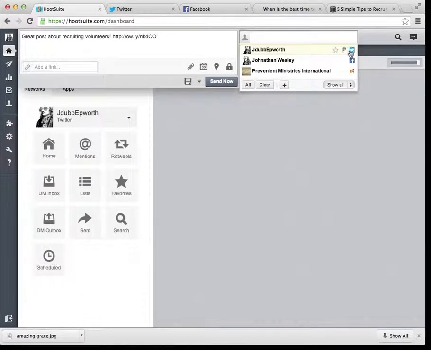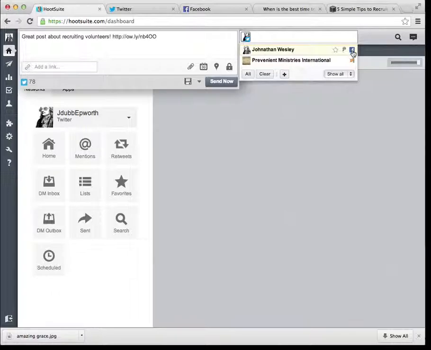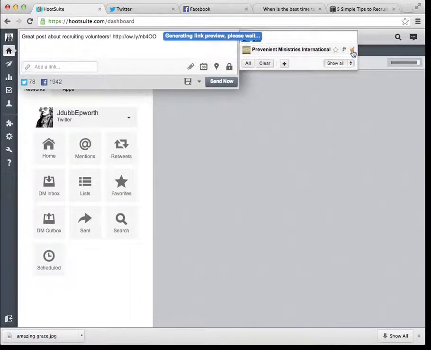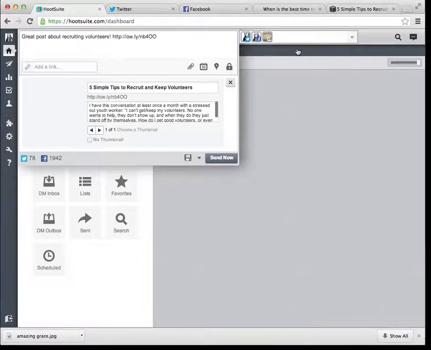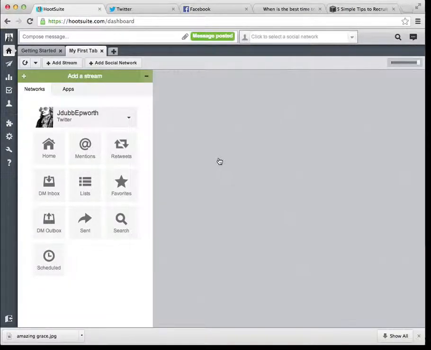Now we're going to go ahead and select our Twitter account, as well as our Facebook account and our Facebook page. And you'll notice for the Facebook, it's going to go ahead and make this nice looking Facebook link. And it's going to keep track down here of our Twitter characters that we have remaining. We're going to go ahead and click one time, and it's going to post it to all 3 of those